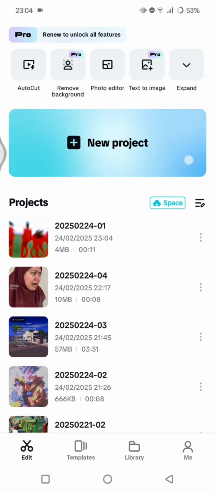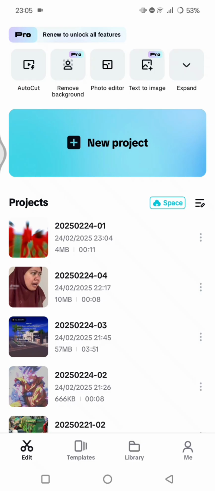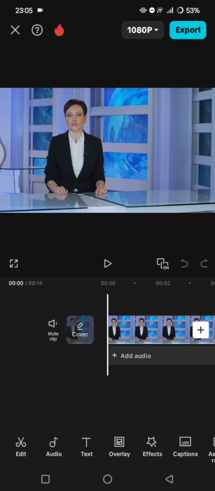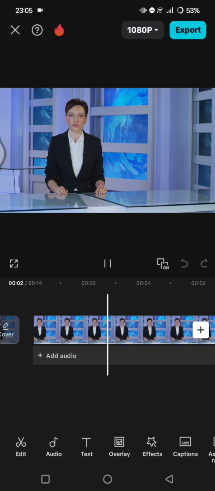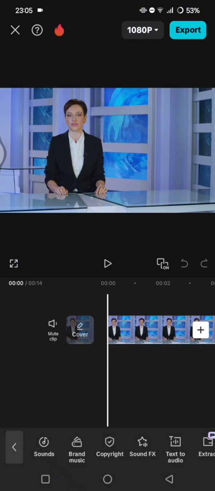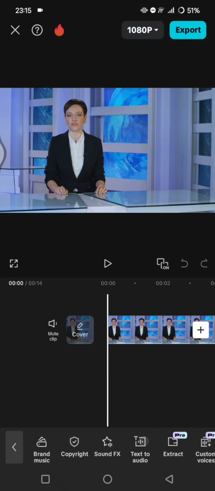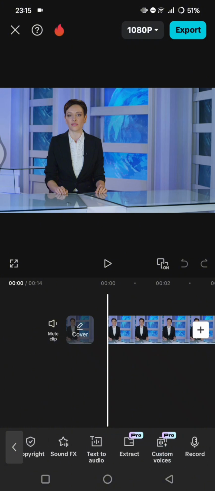What you need to do is just tap on your project and choose the video that you want to edit. Okay, so once the video is open here, if you want to add the custom voices, you can go to the add the audio menu. Okay, so once you're in the audio menu, you can just swipe and you'll find this custom voices feature, but